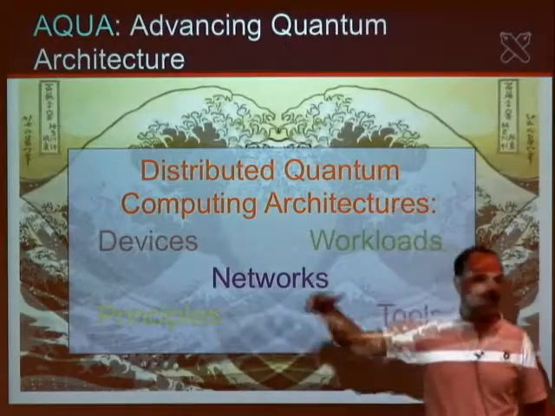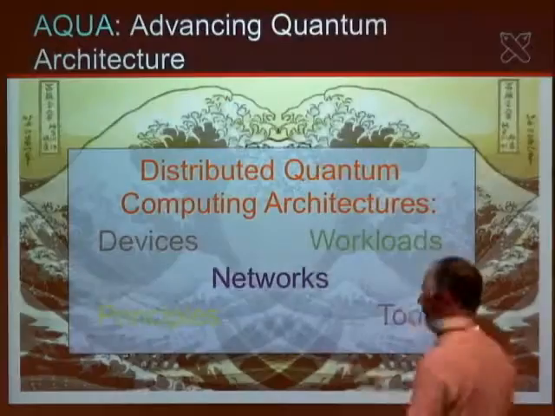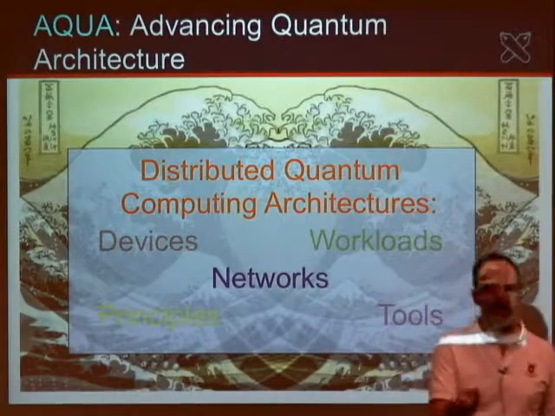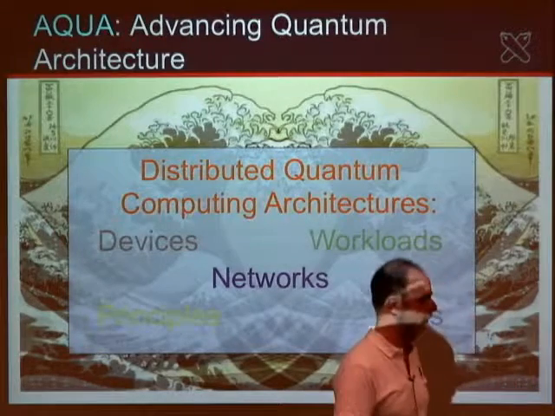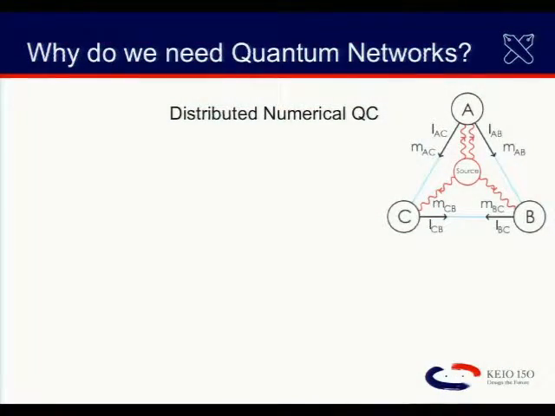Principles, meaning things like understanding how the principle of locality from classical systems actually applies to quantum systems. Designing things like the quantum multicomputer. Designing layered architectures. So applying what we classical architects think of as standard engineering practice, figuring out how that's going to affect the overall architecture of quantum systems. And finally, some software tools, and you'll see a little bit about some of those over the course of the day today.